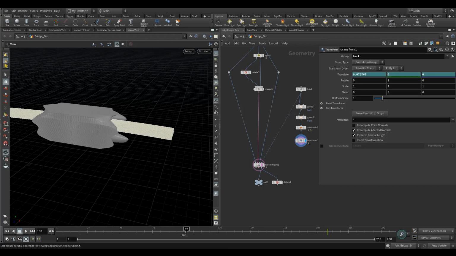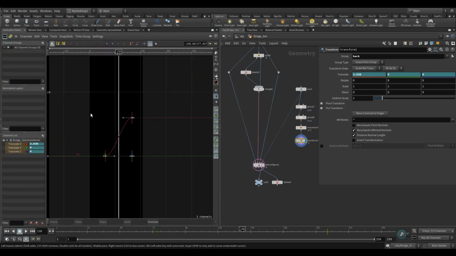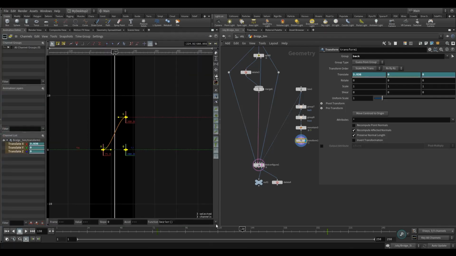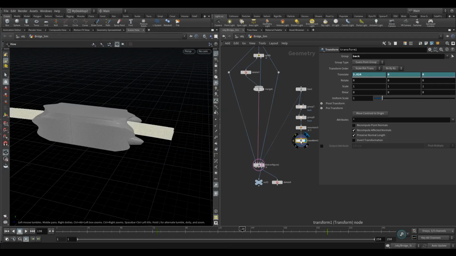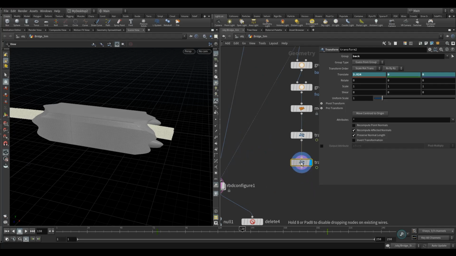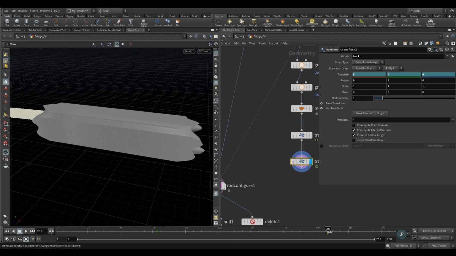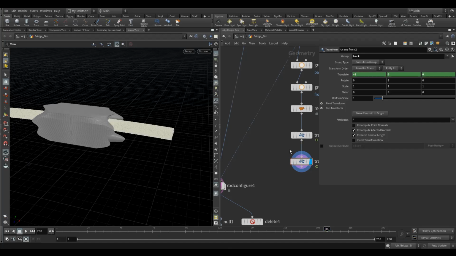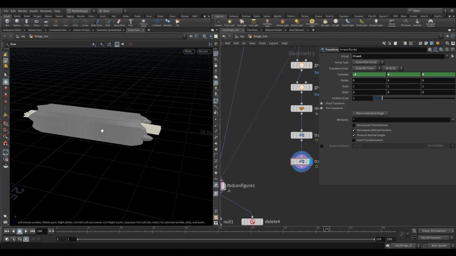Okay, so there you can see it will grow from frame 0. The actual noise will grow, and then that noise will stay the same but be transformed along the line. And again, we've got that problem with the easing in and easing out, so just select that, set it to linear, press enter, back to the scene view, and then just do the same thing, Alt click and drag on that transform, but go to that last keyframe on frame 200 and set this to -6 now, so it goes in the other direction, and grab the other group, so the front, and delete the back group from that. Okay, so now,